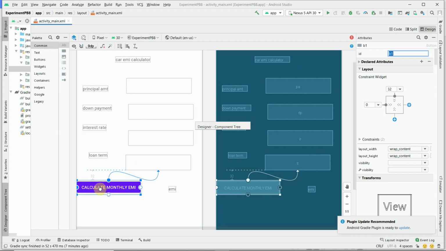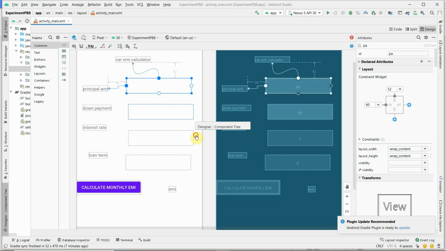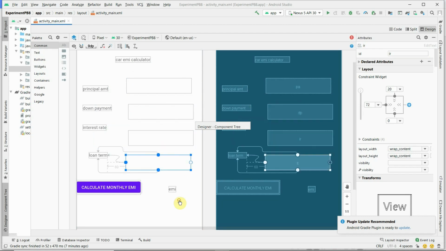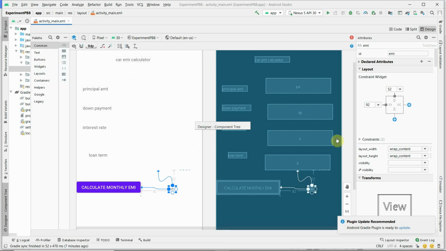This button has ID B1, but we can give any ID. It is to calculate the monthly EMI. When we click on this button, it will calculate the monthly EMI from all these parameters, and the EMI will be displayed in this text view, whose ID is EMI.